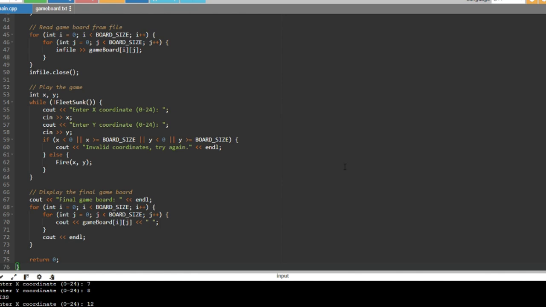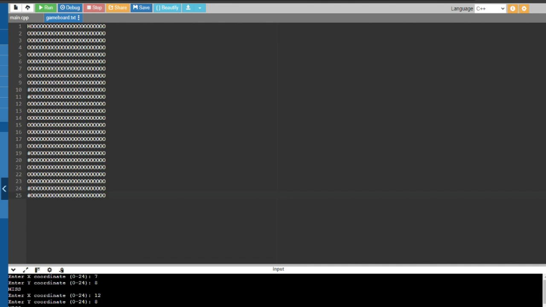Then we'll start to run the program. Here we have our game board text file. As you can see, we have zeros, hashtags, and H's, and it reads based upon our programming. Once again, H will show hit again, and if you scroll down, you can see as we ran it, once we hit the H, it shows hit again. We put in other coordinates for X and Y, and they'll show either miss or hit, and you just keep continuing until your fleet is